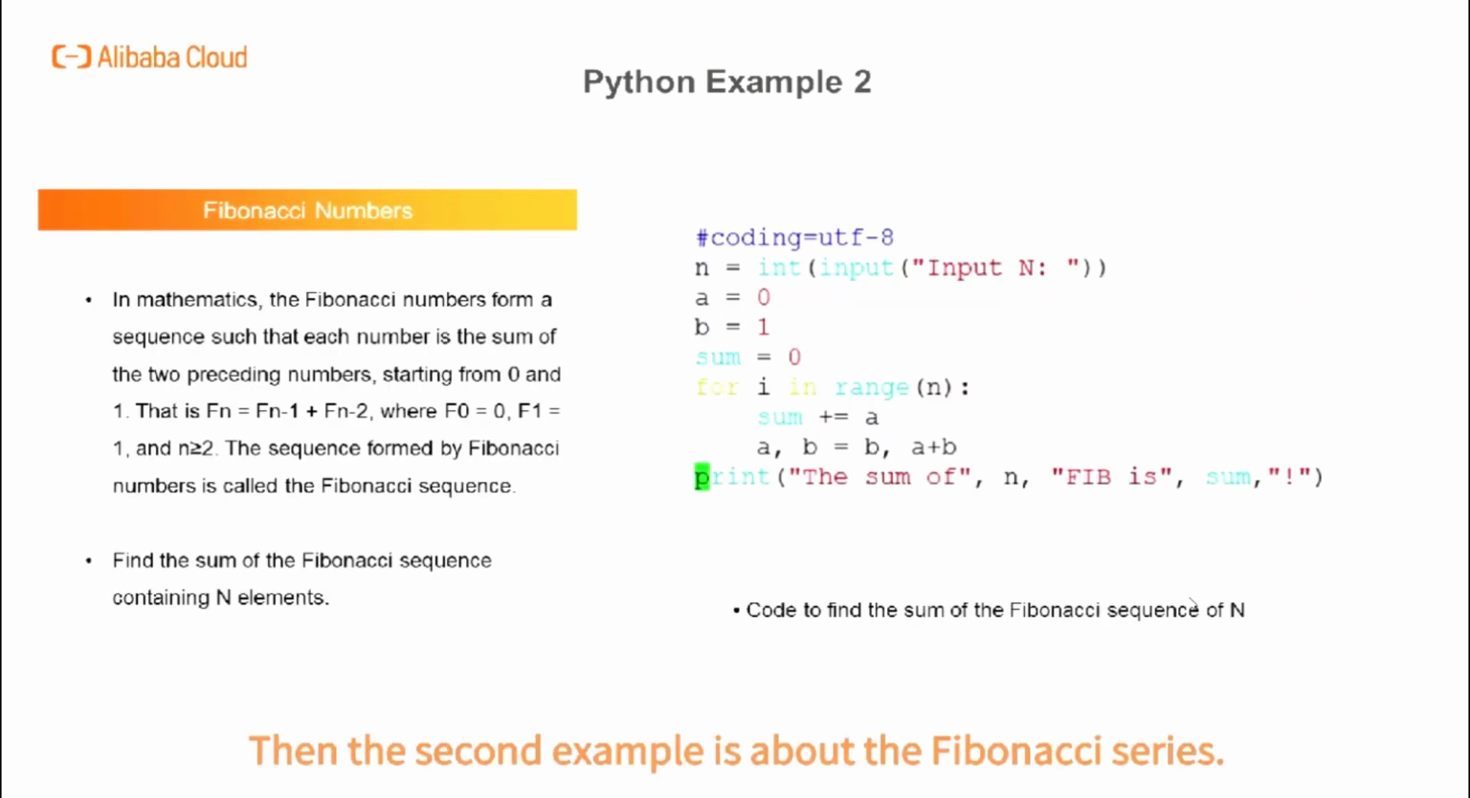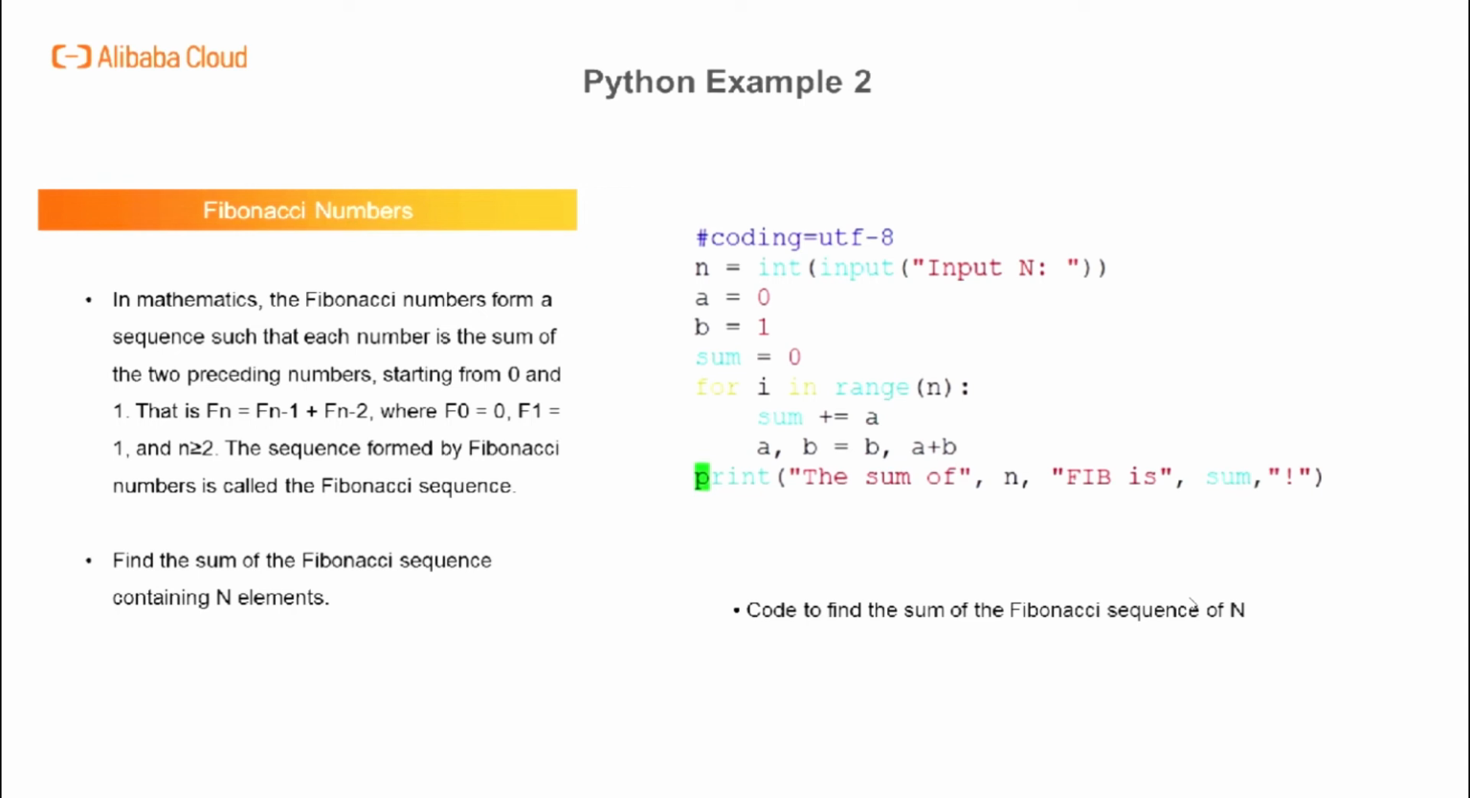Then the second example is about Fibonacci series. The requirement is to calculate the sum of the Fibonacci series of a given length. Firstly, what is the Fibonacci series? Fibonacci series is a number series. That is, the number of the index 0 is 0, and the number of the index 1 is 1. And for all the indexes after 0 and 1, the number of each index equals the sum of the two